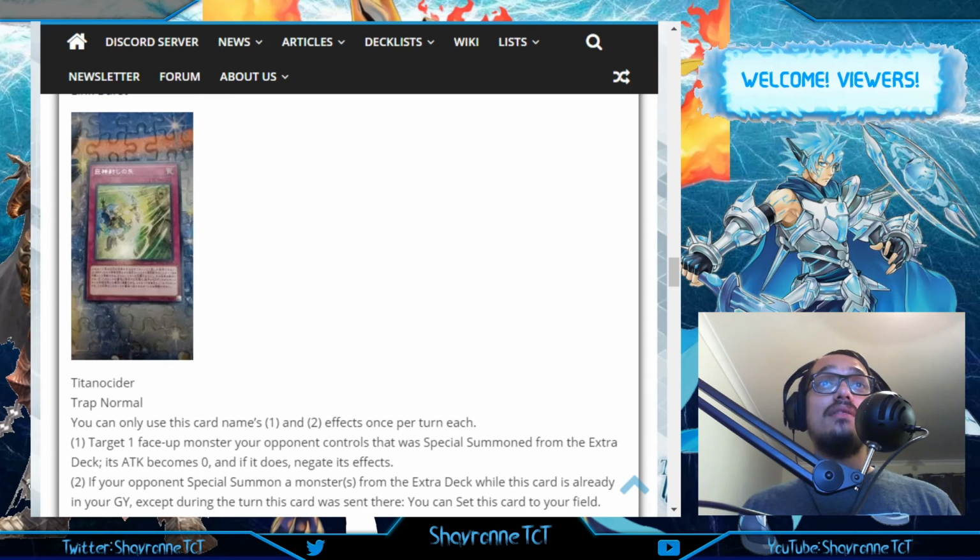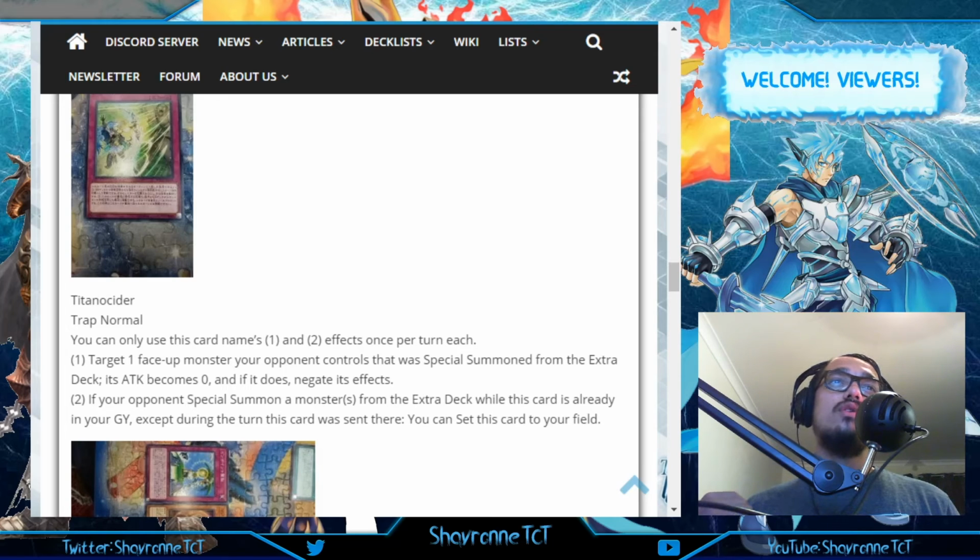Other than that, you're putting the attack to 0 and then negating its effect. The drawback it has to Lost Wind, the special summon must happen from the extra deck, but it doesn't have the drawback Lost Wind has, which is the banish. So they both have their ups and downs, but I think